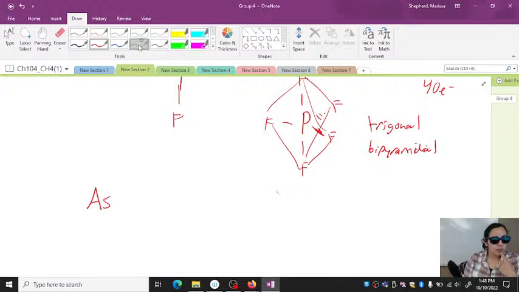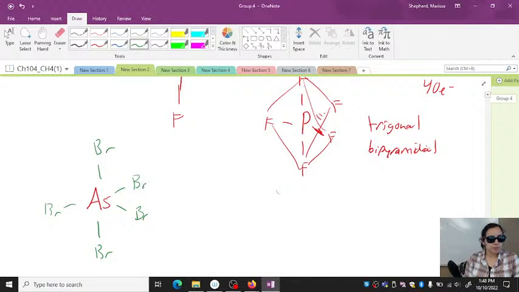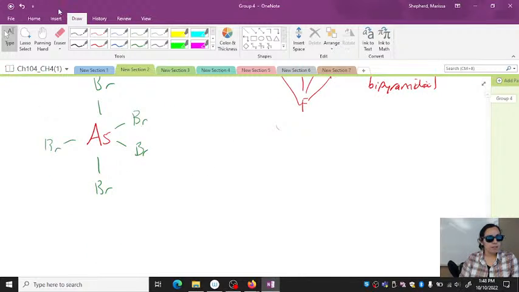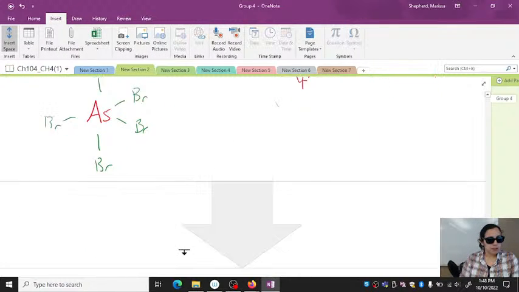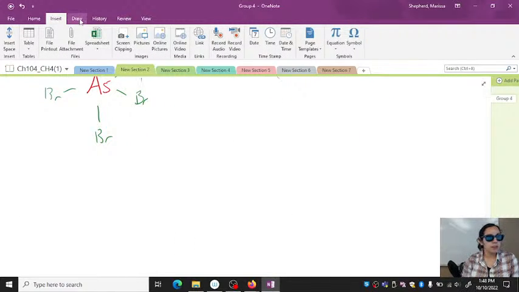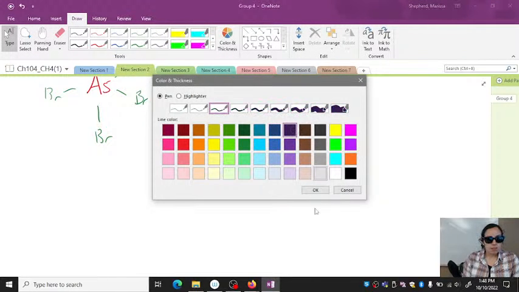And so arsenic could also do the same. Again, you see it with the halogens or other elements. And so let's see what else phosphorus can do. So let's look at